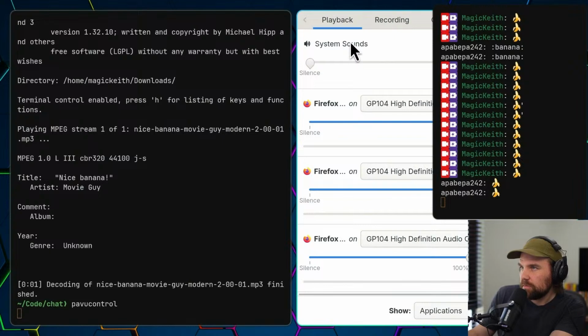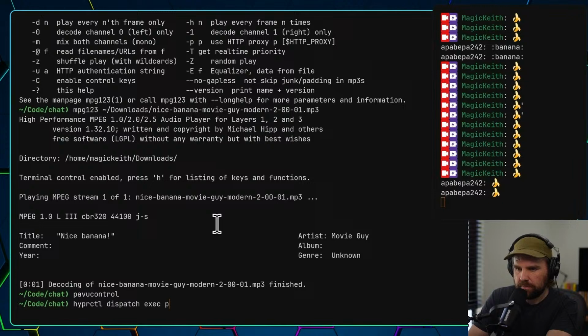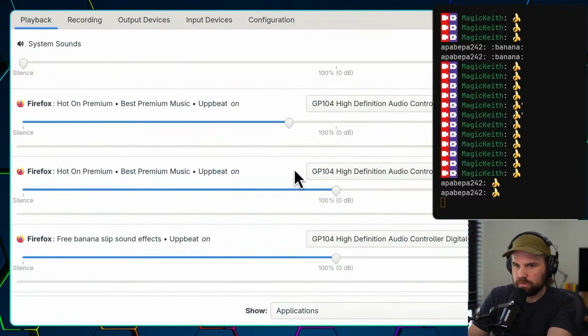System sounds, maybe. So maybe it's like dispatch. Let's get this hyprctl dispatch exec. I just want to open up a pavucontrol window, another thing. Here we go. And I can go Command Shift 6 and teleport.